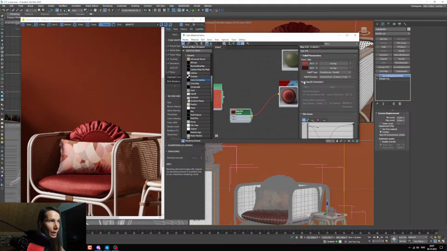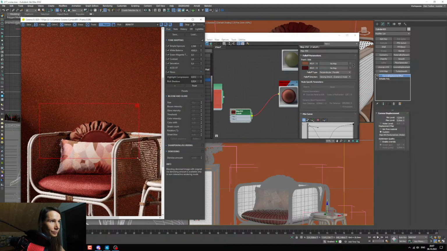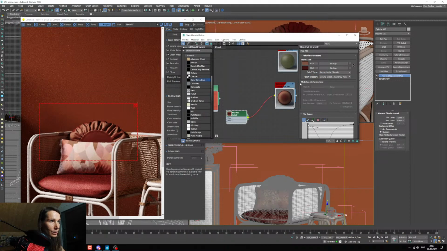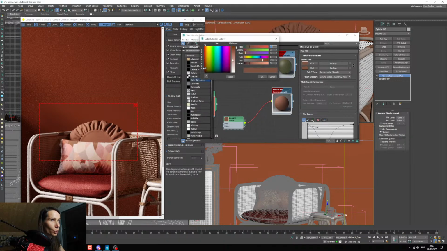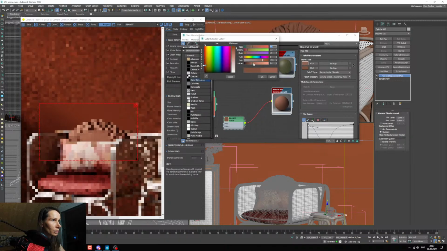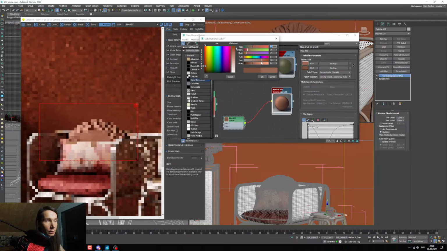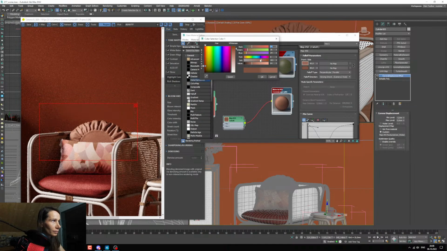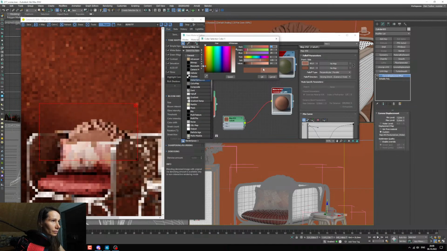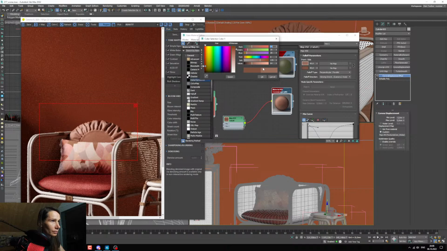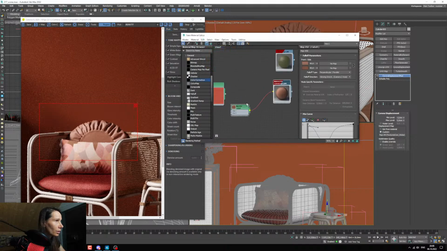So here will be paste and paste, and this one lighter, less color, and